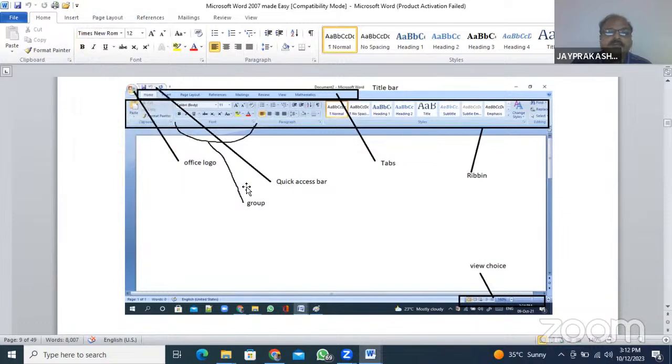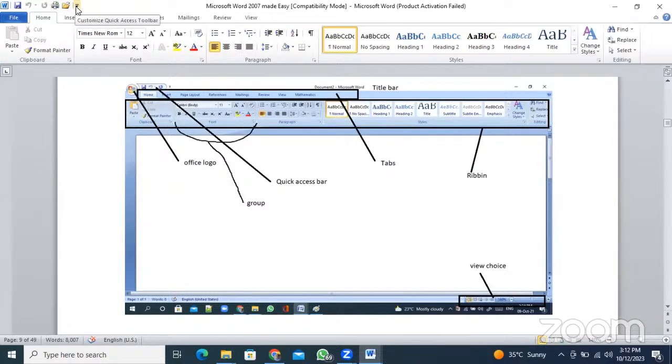Okay, so this is about the quick access bar. What is the purpose of quick access bar? The name itself indicates that it is quickly accessing some commands, that is save, print, undo, redo, etc., or new file, which I have just added. Okay, then